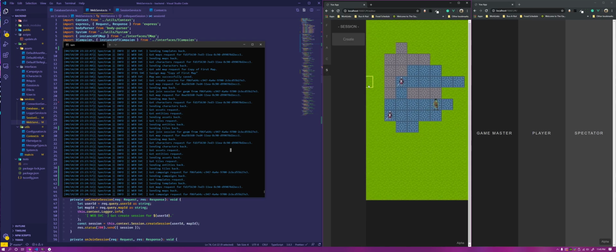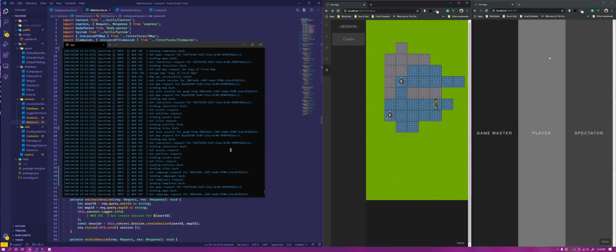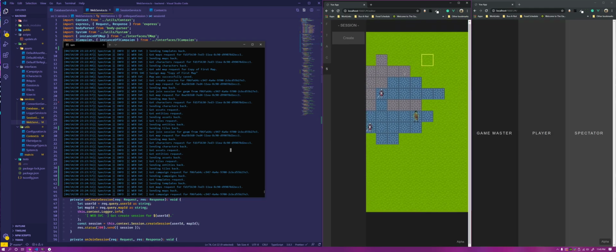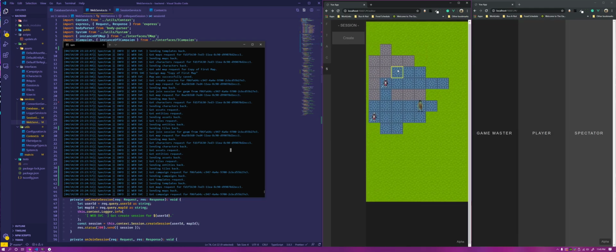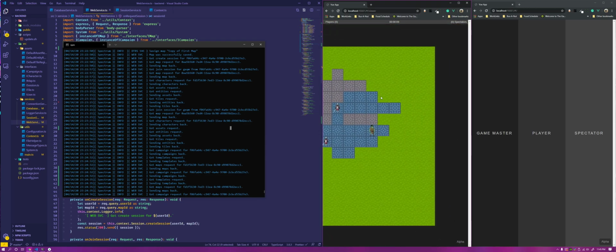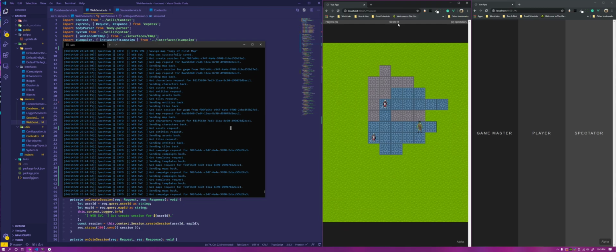And then the last thing goes back to the player and spectator areas from the landing page. Inside of the map editor, you can create a session that starts from the map that you've been editing. So I'm going to go ahead and do that. It looks like nothing changed, but in fact, we went from the editor to the viewer window, where it reloaded back the same map. We can no longer edit it,